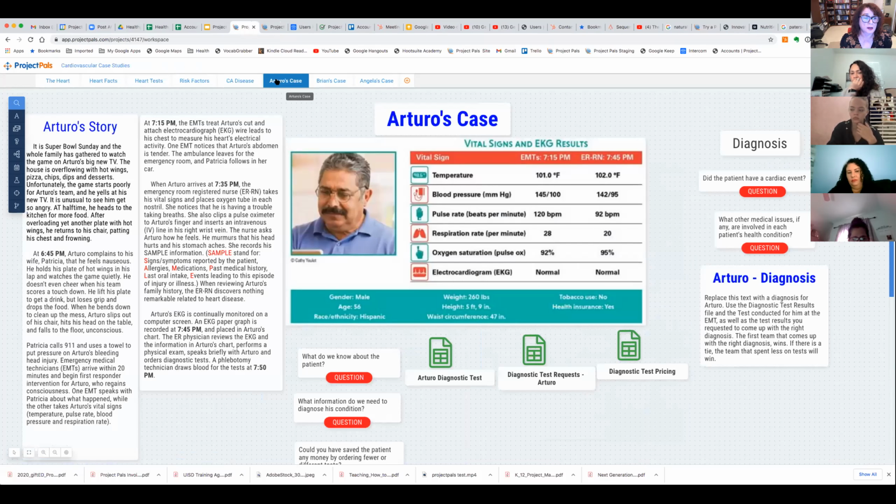So here is a case study. Here is Arturo, and he went to the emergency room. There's a whole story about him and what happened. And then here are the students, what they need to do based on all the information that they learned about the heart, about cardiovascular illnesses, about anything and everything that's relevant. They now have to